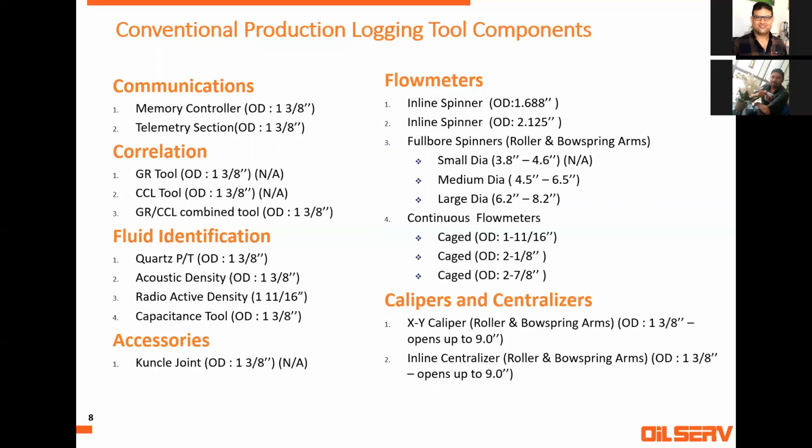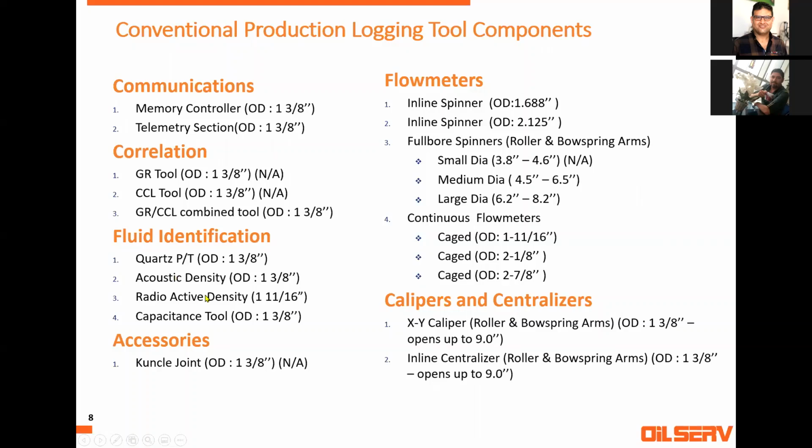So CCL will be useful if you want to correlate with the previous casing when your gamma ray is not so clear. Maybe you have a carbonate formation that looks all the same over the interval, but you have some kind of special completion equipment near each other. You can't catch them using the CCL. So this is the group for correlation. You need one or two of these.